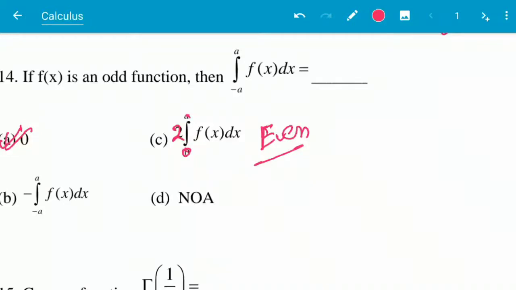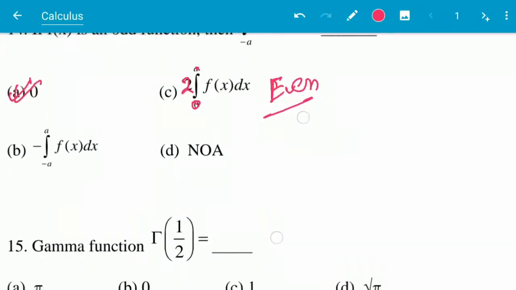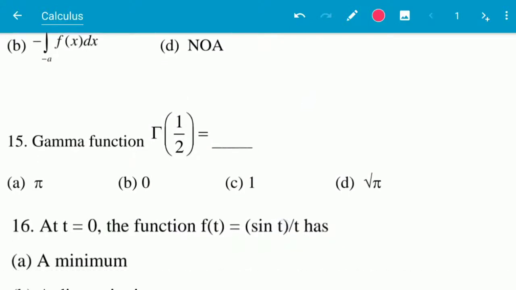Next question. Gamma function, gamma of half is equal to root over of pi. This we have to remember. And this type of question using gamma of half has been asked many times in GATE, at least 7 to 8 times in different branches.